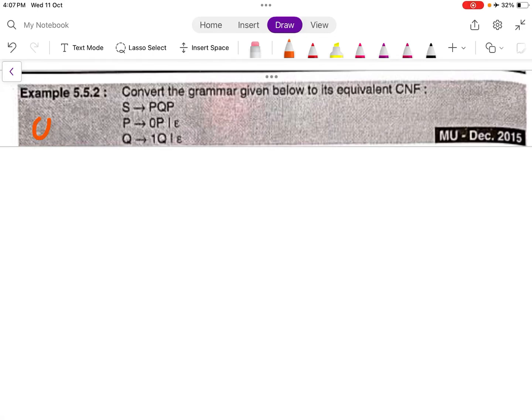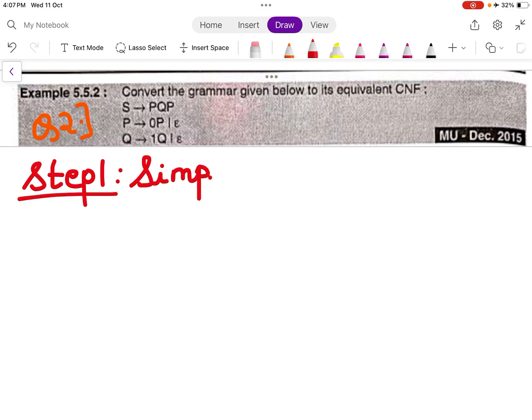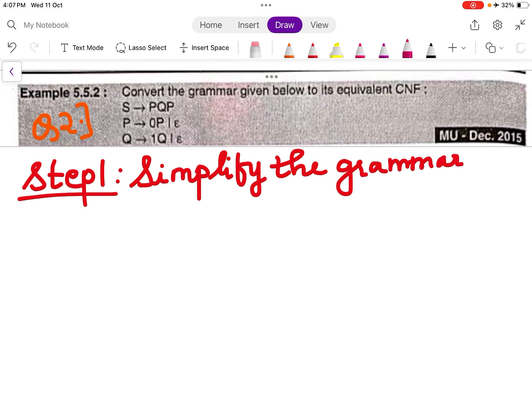The next question, number 2, says: convert the grammar given below to its equivalent CNF. So step number 1 is to simplify the grammar. In simplification of grammar, we need to eliminate the epsilon productions, unit productions and useless symbols. So first is remove